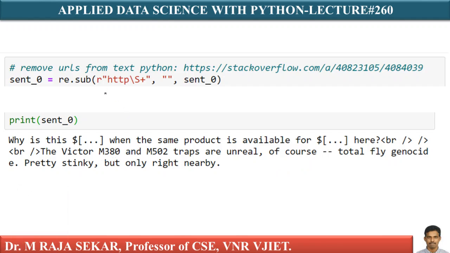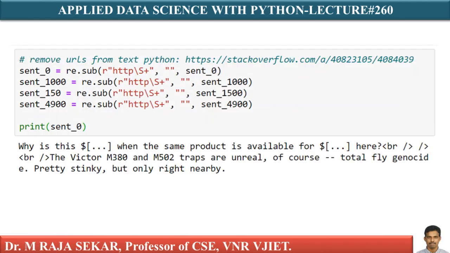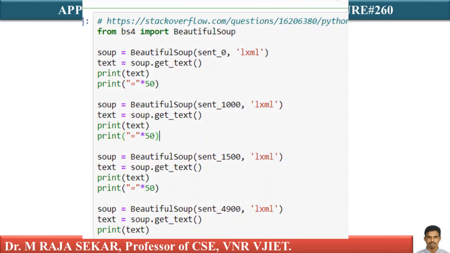You must understand this. As I told you, go through stackoverflow.com where you can find a neat explanation. This class may not permit me to spend much time on these things. Again, what am I doing? I am removing URLs from all the reviews, for example from cent_0, cent_1000, 1500. These are the random reviews which I displayed. This is the procedure to remove URLs from my review text.